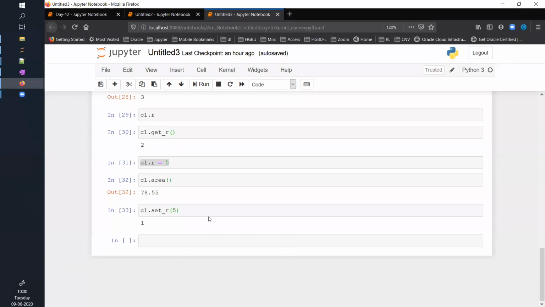Okay, so here, on the other hand, scenarios are a little different. We have something called private, and we have something called protected. Rest everything for now you can consider as default.